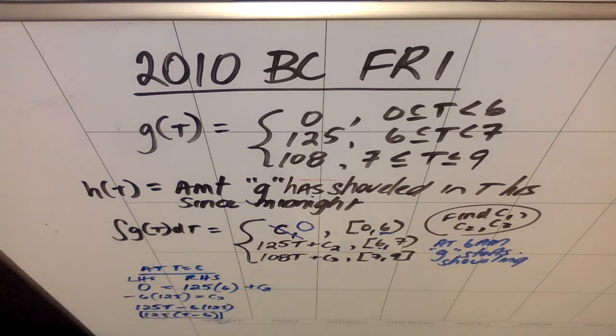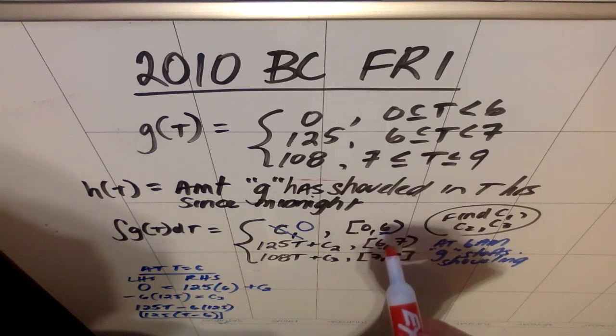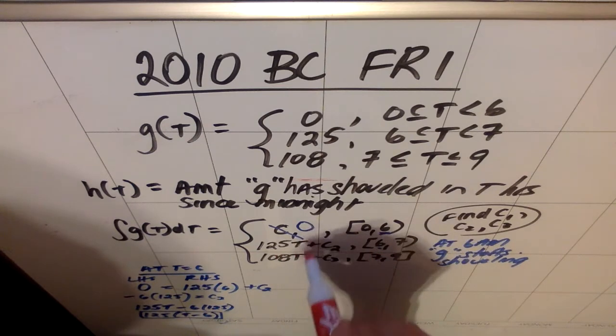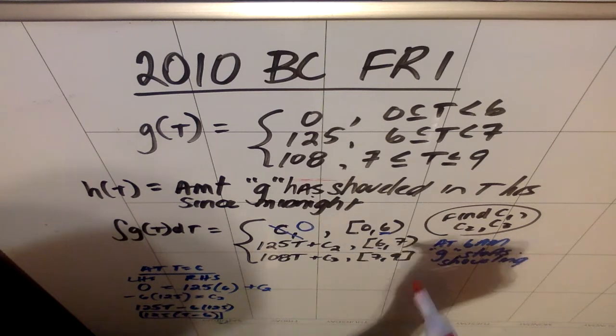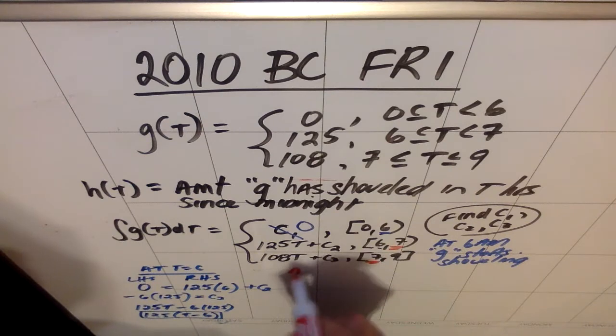But then the next mental leap that you have to make is that just like I couldn't magically have shoveled in my sleep momentarily between 6 a.m. and still 6 a.m., this amount of shoveling can't change from 7 to 7, even though this is a parenthesis and this is a bracket. I can't just magically shovel more. So whatever value I get when I plug in t equals 7 into the left-hand side, which would be